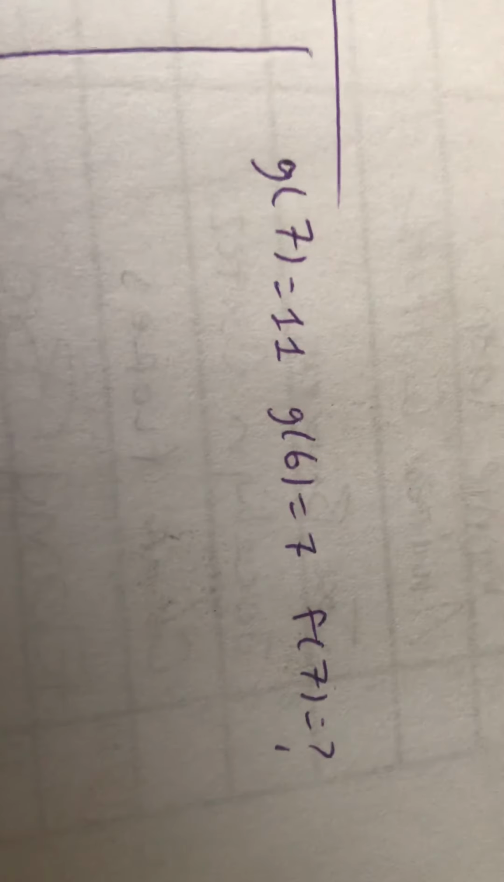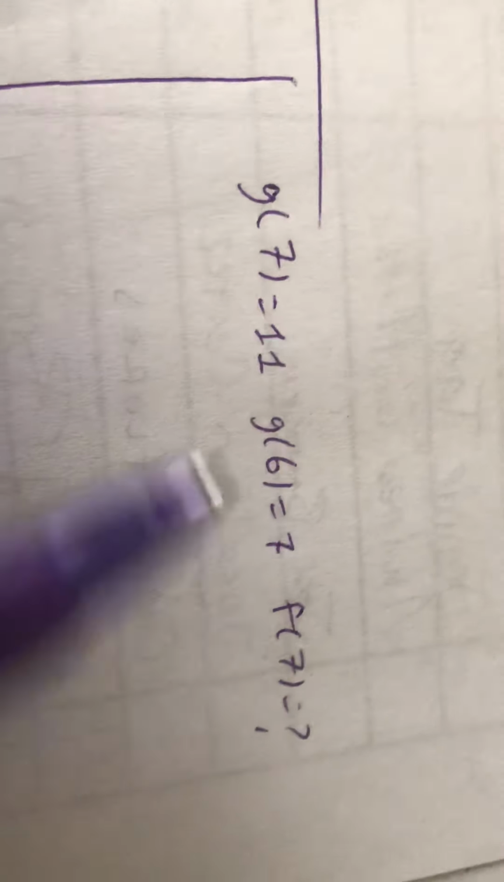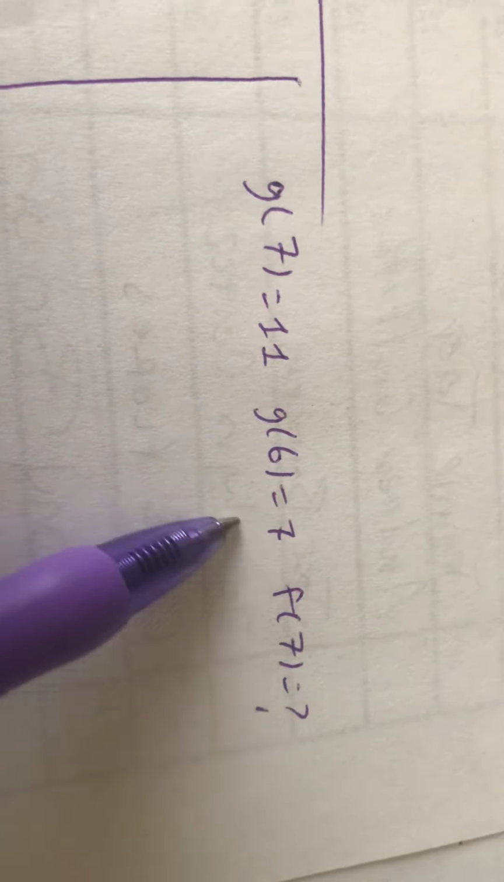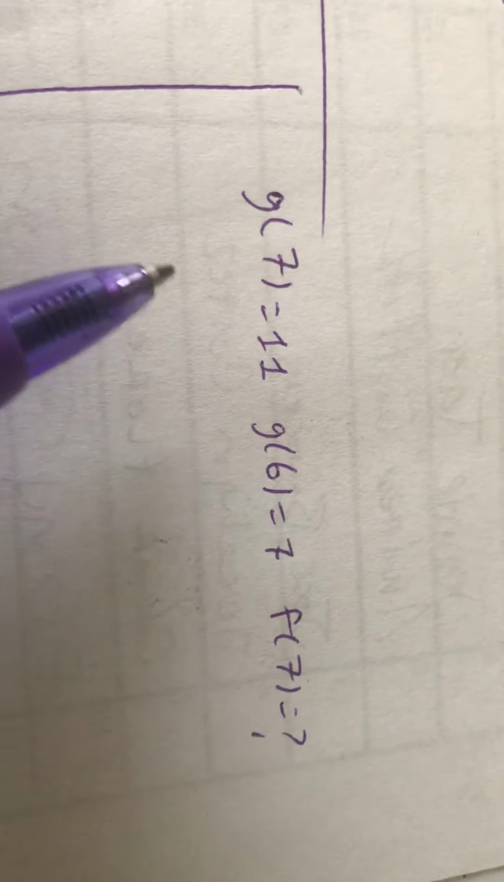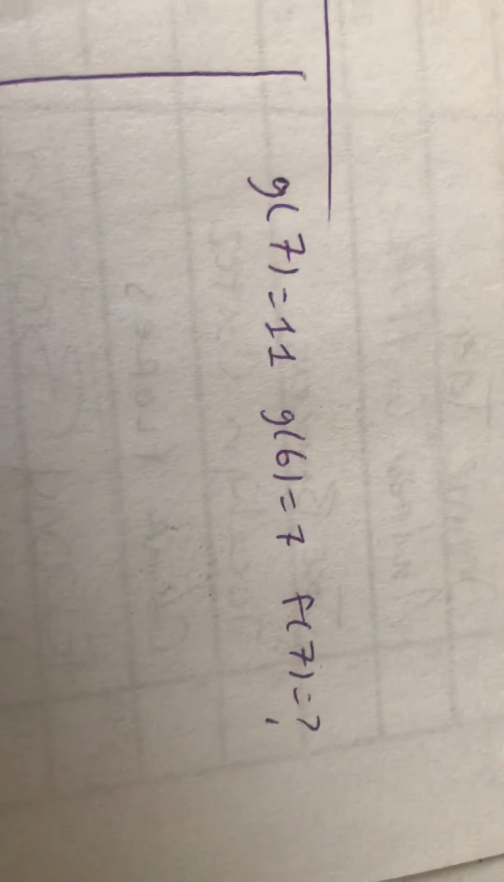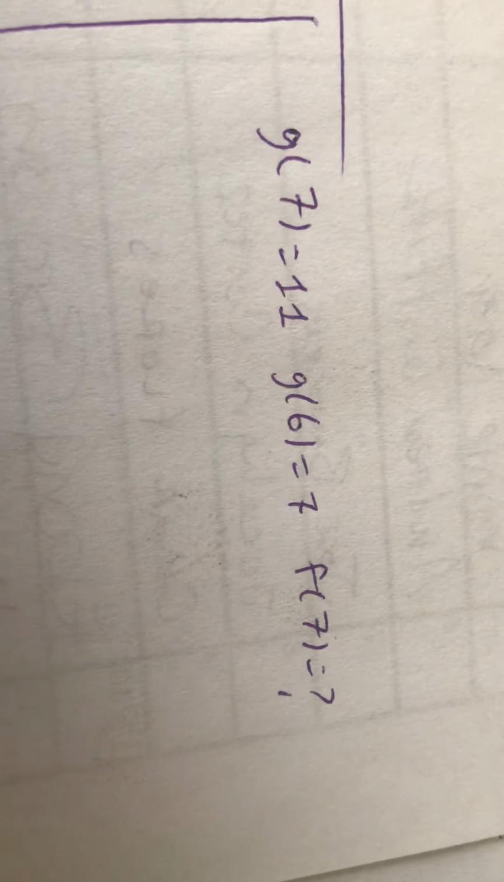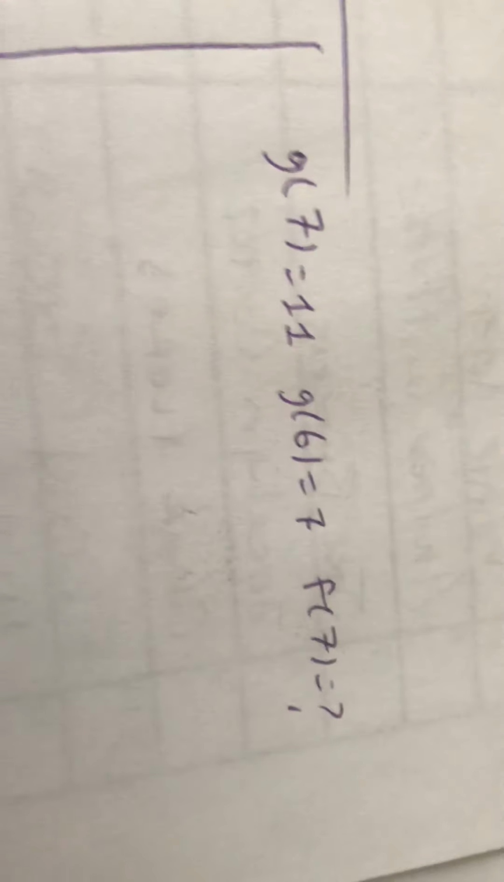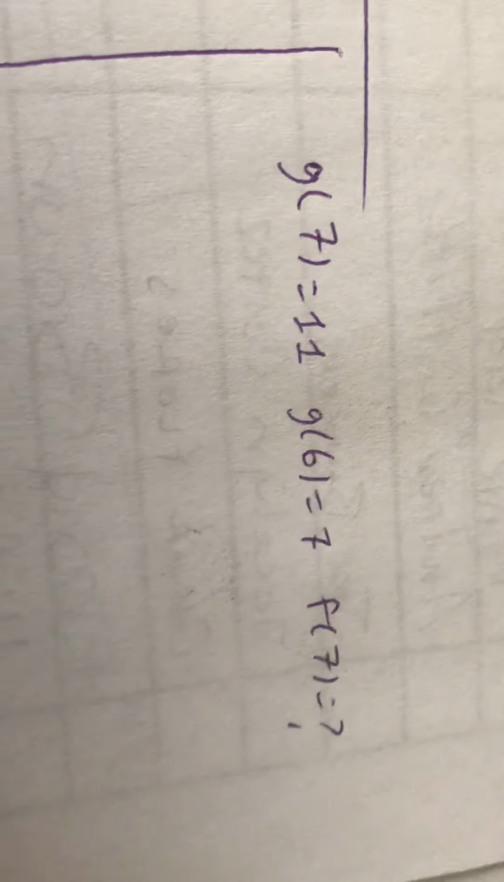Alright, so then we get to this problem, and in this problem, they tell you that g and f are one-to-one functions, meaning that they are inverses of each other. And we know that g of 7 is 11, g of 6 is 7, and then it wants what f of 7 is. So now you have to remember the number one rule of inverses, which is